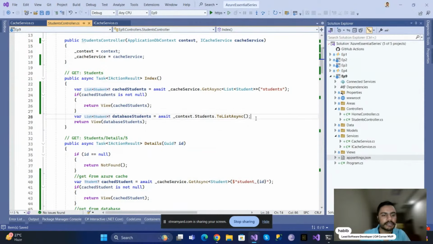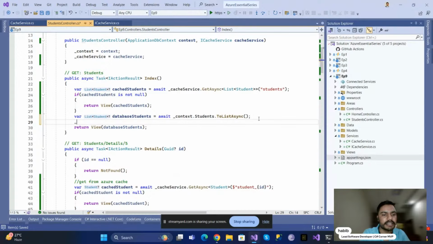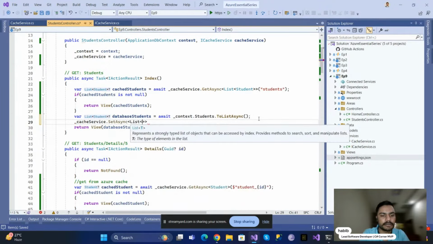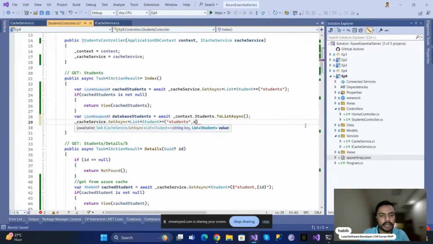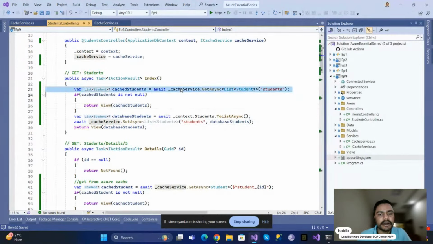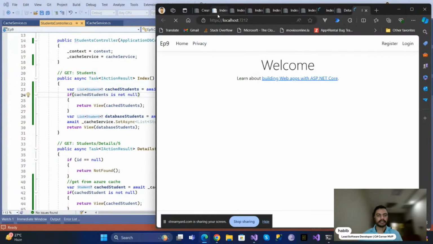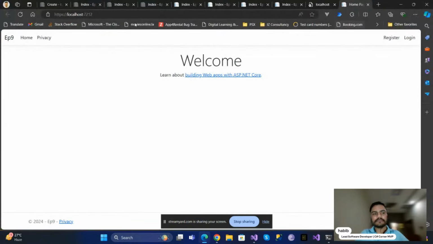So if this record does not exist inside cache, I will get it from database and then save it inside my cache. Here I need to specify the key and then database students. Okay, now I am setting this record inside cache in a separate key. Okay, now whenever I update my record, that will not show on my main table until the existing cache is expired. So if I open students controller,